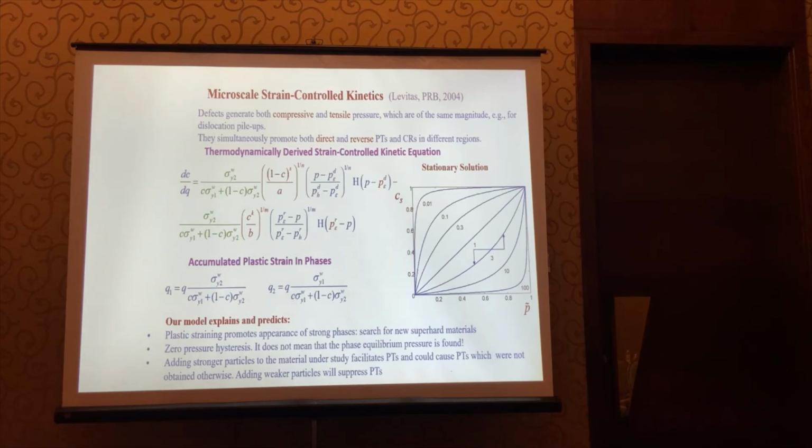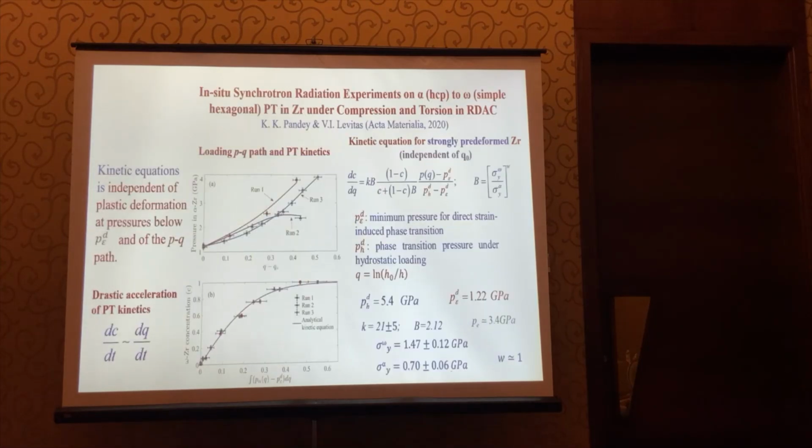That is why accumulated plastic strain plays the role of a time-like parameter. And also, plastic strain localizes in the weak phase. That is why we developed a very simple partitioning rule for plastic strain, and that is why we have a term with the ratio of yield strengths in our kinetics. And this kinetics explains well various experimental results and allowed us to predict many results, but today I will focus on